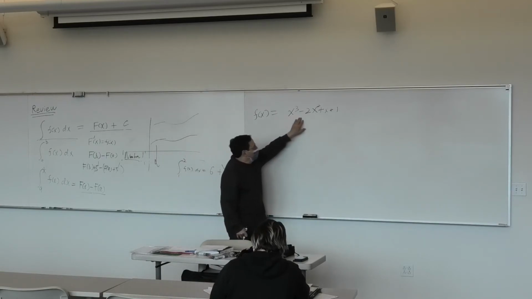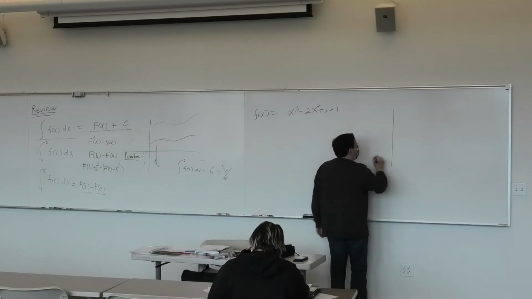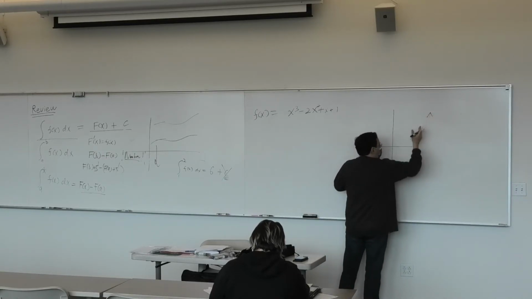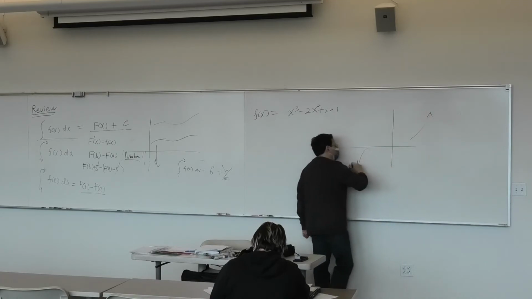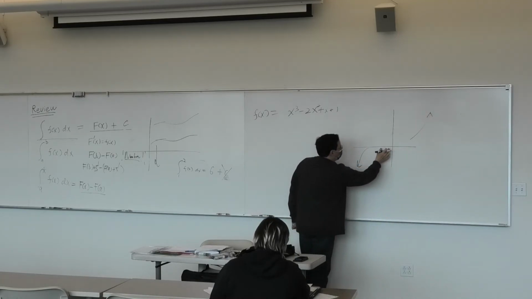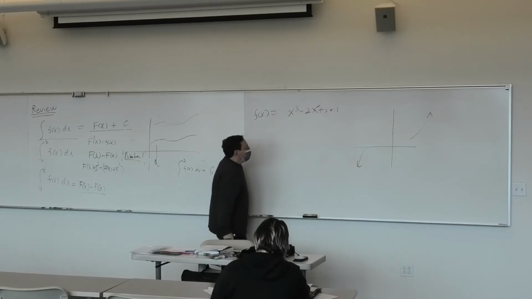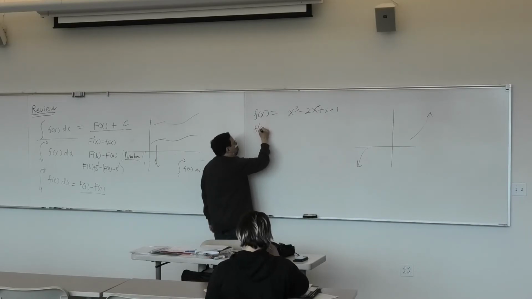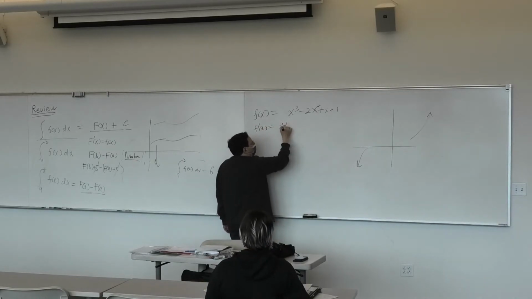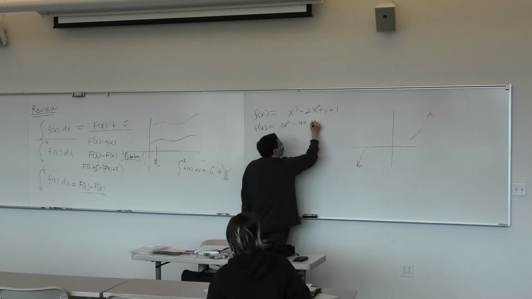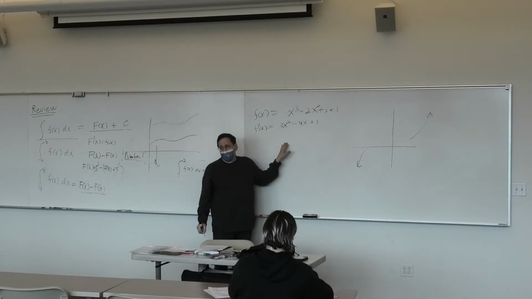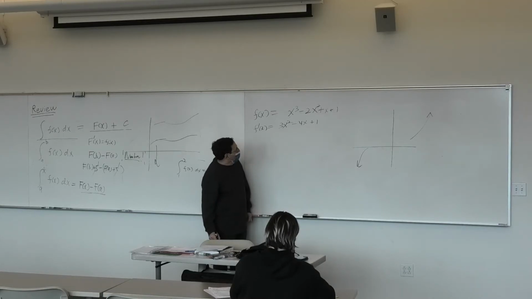And I know it's a 3rd degree, and you should know this from pre-calc that the end behavior is going to go off to infinity here and down below, and it's going to have at least one root. But from calculus, we can find the derivative. So 3x squared minus x plus 1. And where the derivative is 0, that's going to tell us where any local maximum or minimums are.